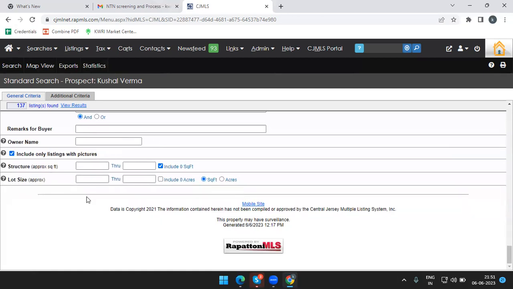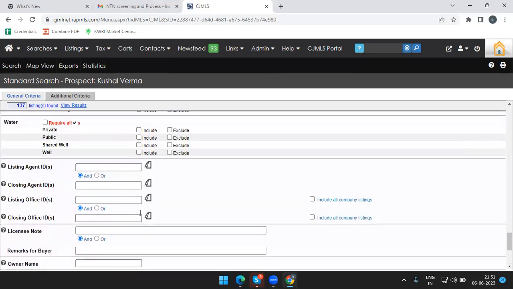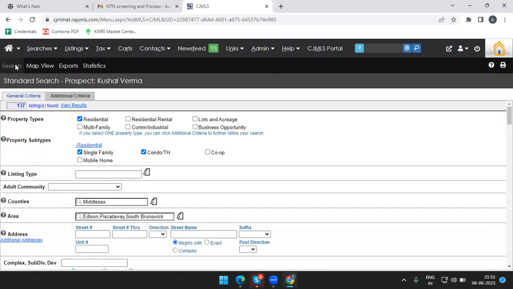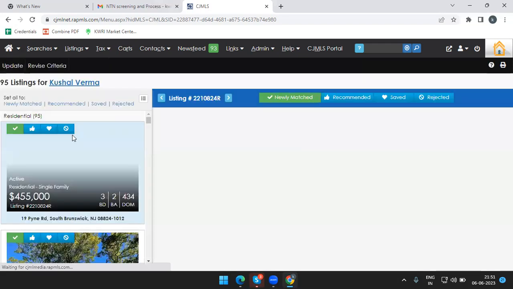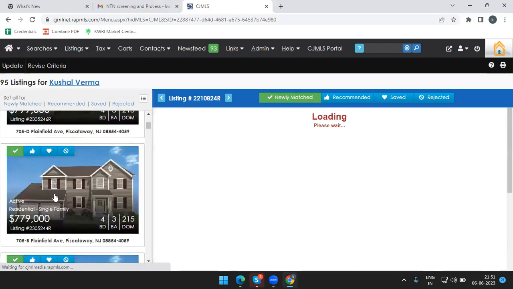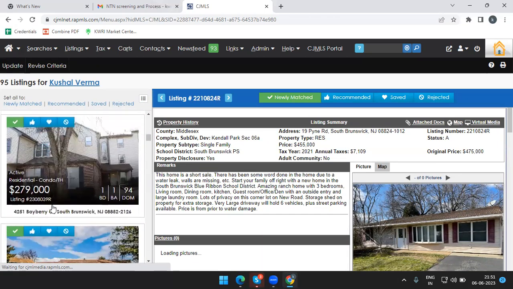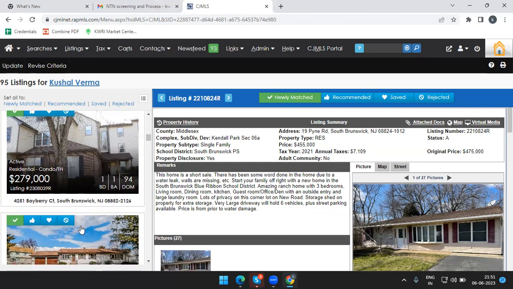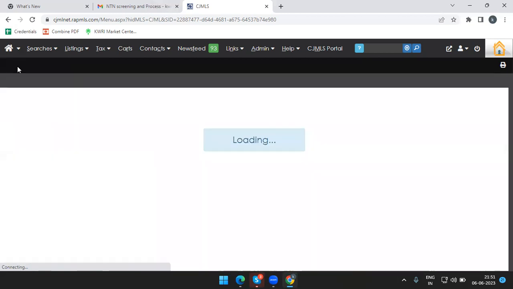Once you are done, you can just click on search. As you hit search, you can see different properties under the criteria which you have mentioned. And next, what you can do here, you can simply click on this update,